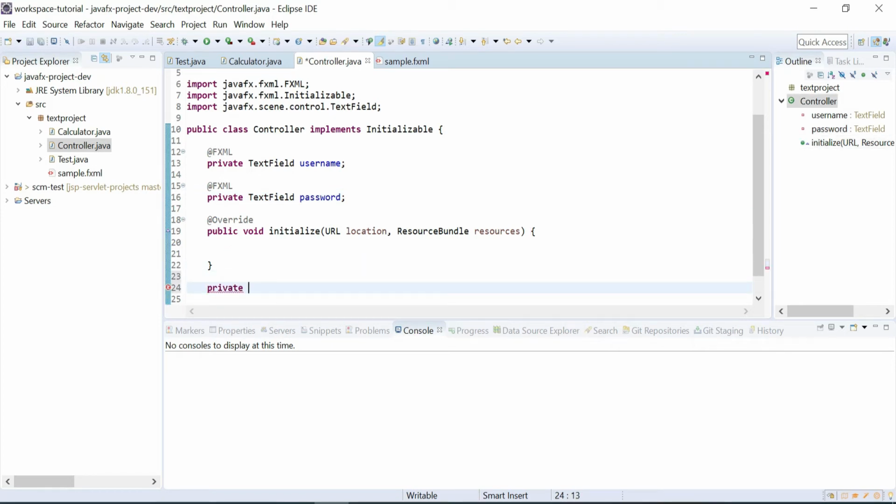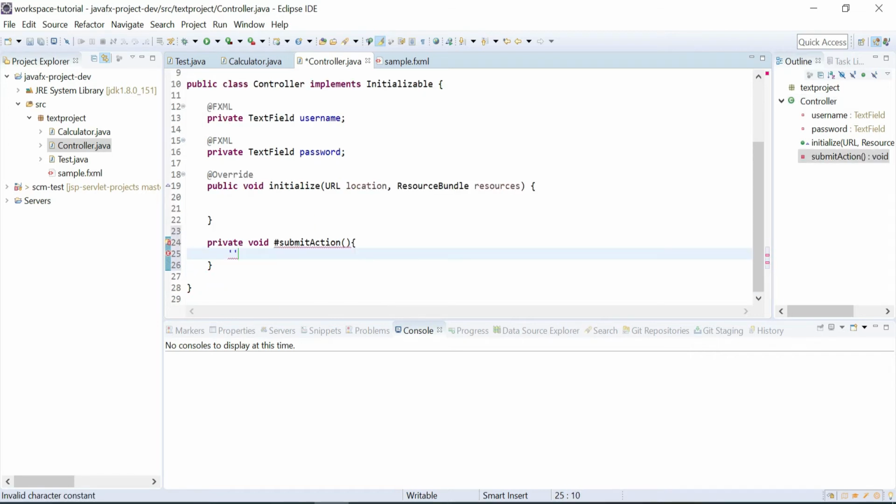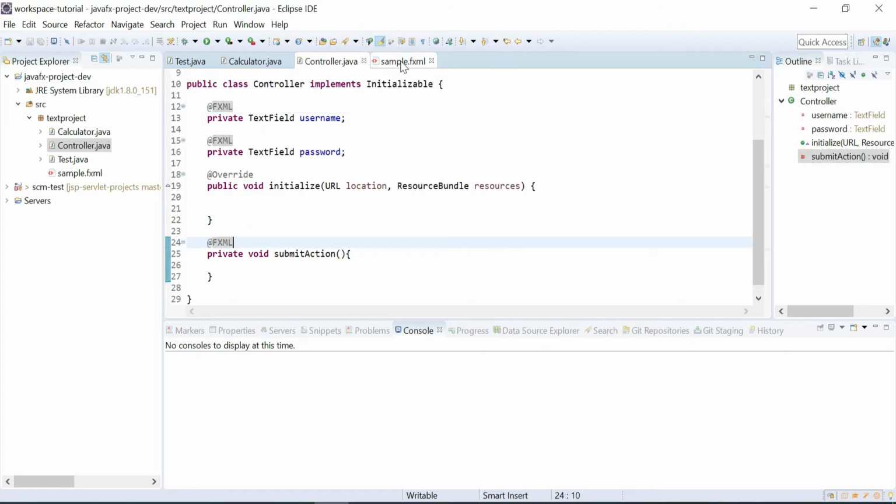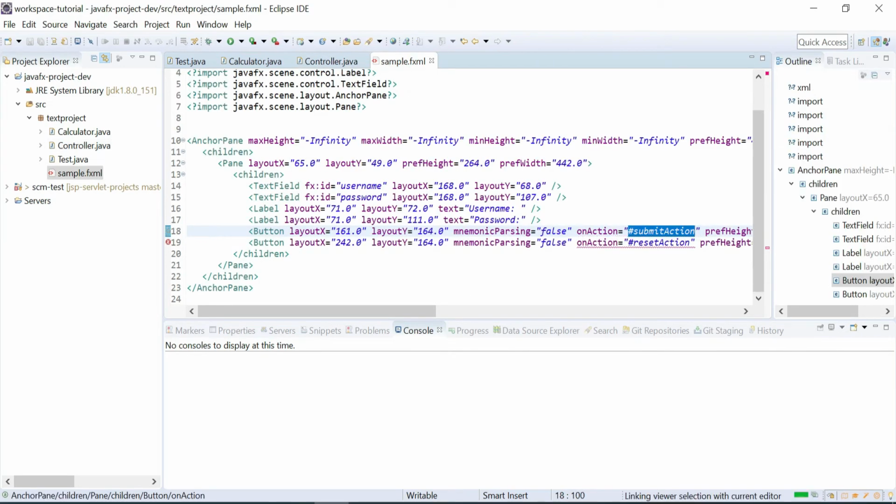Best practice is to declare all the methods and the variables in the controller as private. So my method name, as I said, should be the same as declared in the fxml. For method and variable declaration, the same annotations you can use.